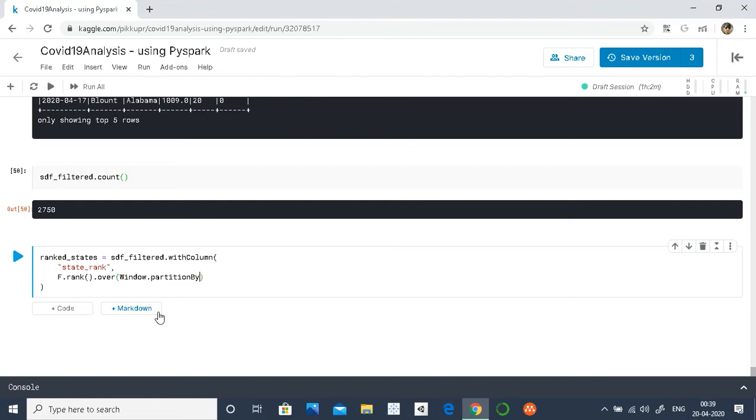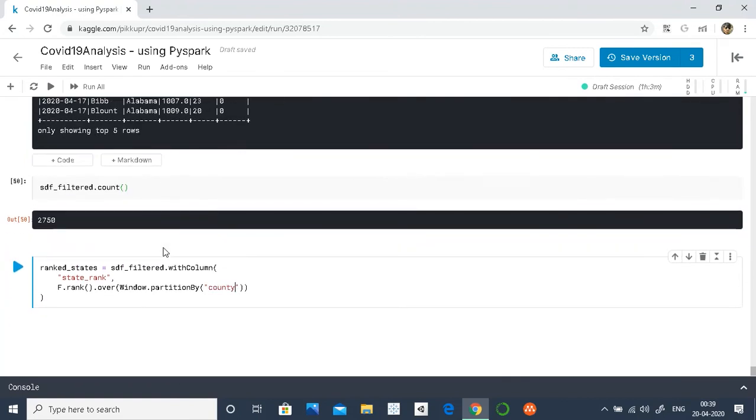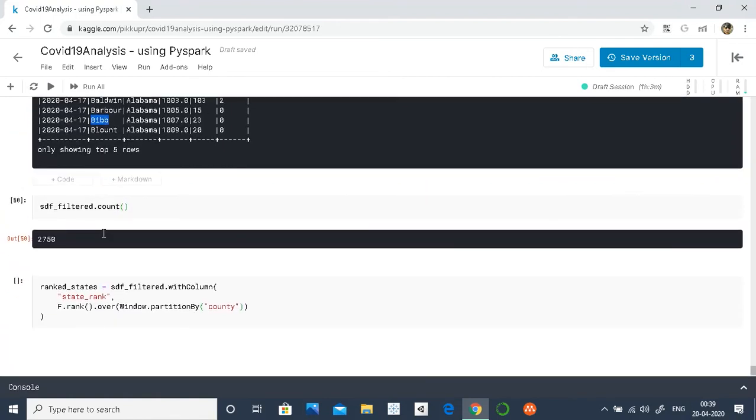Partition by, okay. And in partition by, since we have to partition by county, I will just mention the column name of county. So once we have separated the data into different counties, inside each of those counties, for example, in Pike, we want to order the states whether in ascending or descending order, and then rank them.